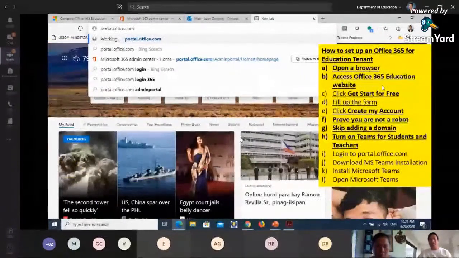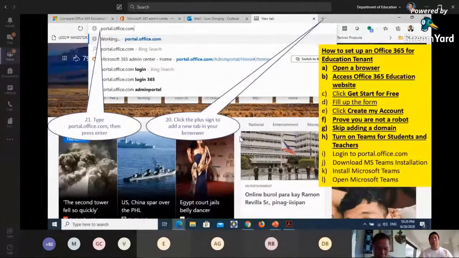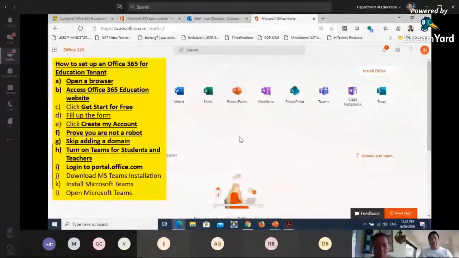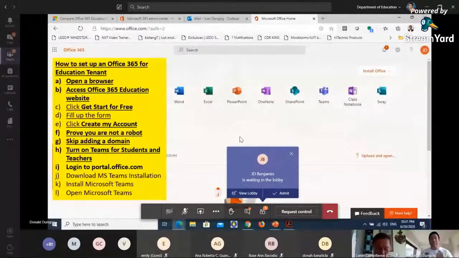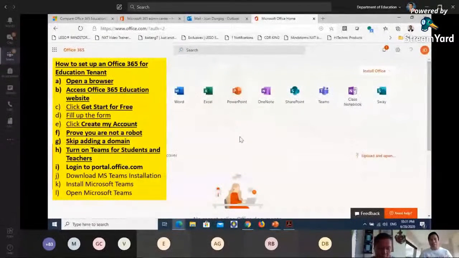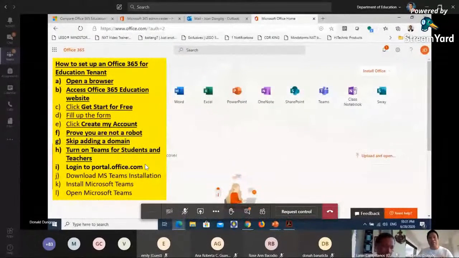And then we will click add new tab, and we will write portal.office.com. So this is where we log in and see our license add-ons or applications. When you click portal.office.com, remember you can just X this and log in using your new account, the one with joan.dungog at stechhighschool.onmicrosoft.com. In your case, maybe your first name, last name, at CSA Elementary, for example, .onmicrosoft.com, or CSA Junior High School, CSA Senior High School, or CSA College of Nursing, for example. And then you can sign in at portal.office.com, and after that, you can now click Teams, enter your password,